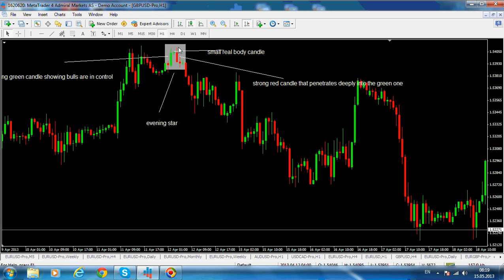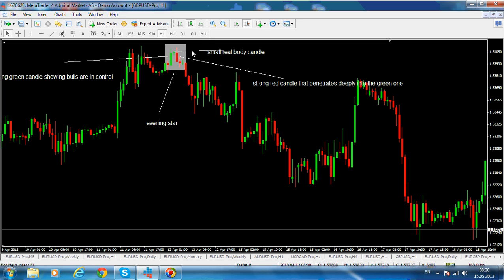If you want to stay on the safe side when trading such patterns, remember, the morning star is bullish, you're looking for a bottom, and with the evening star you're looking for a top. So if you want to trade on the safe side, wait for the confirmation for these candles. Confirmation being, wait for the next candle that comes after the red one, and then go short. So maybe this next candle will be a stronger one like this, and then go short with a stop loss